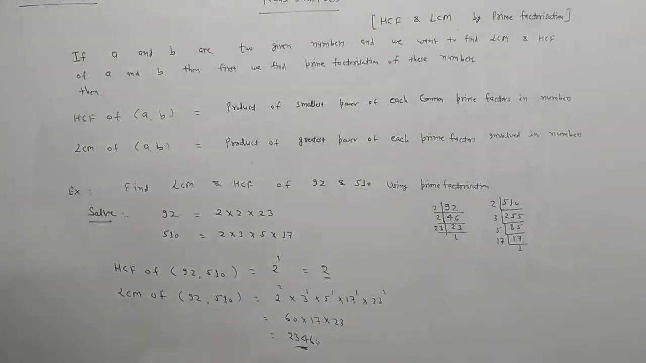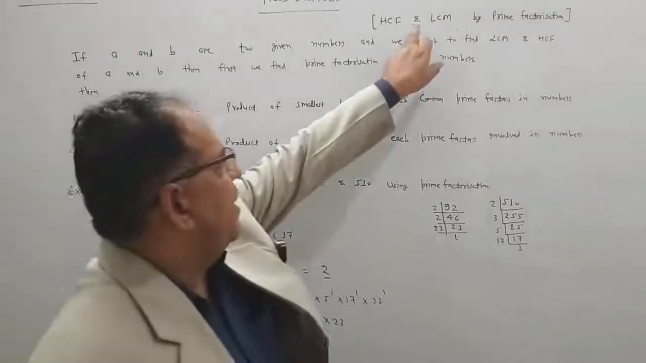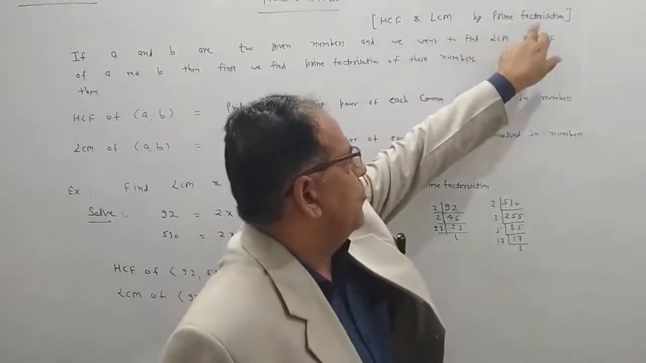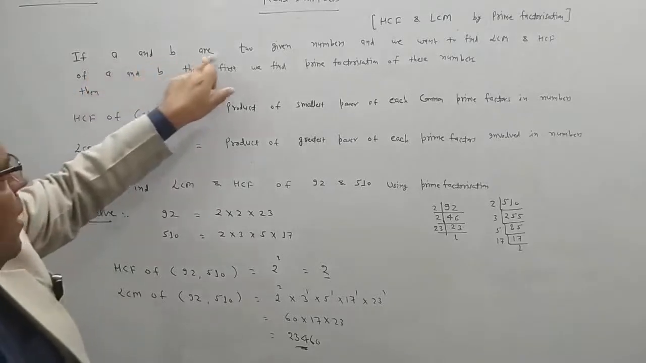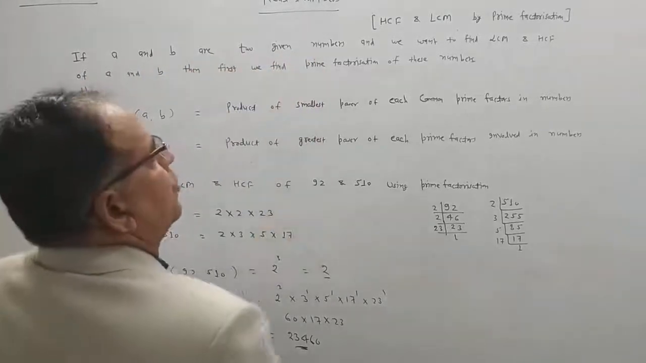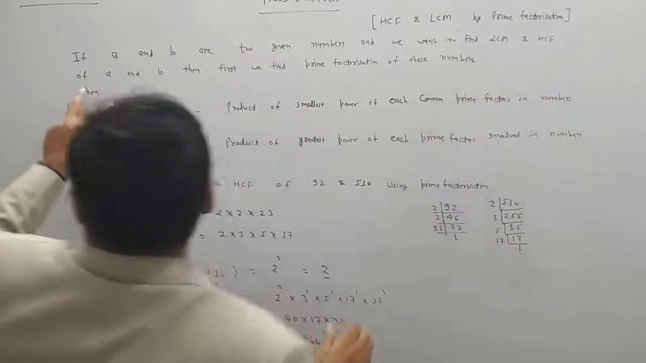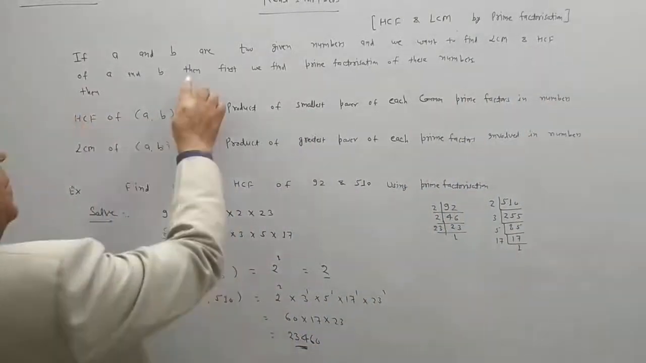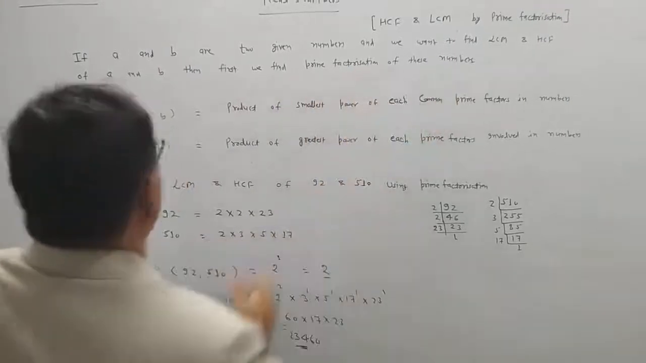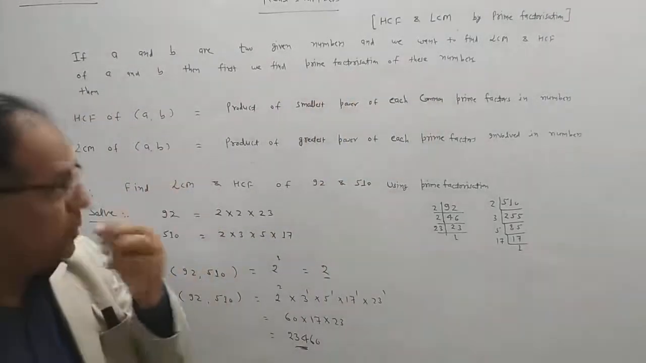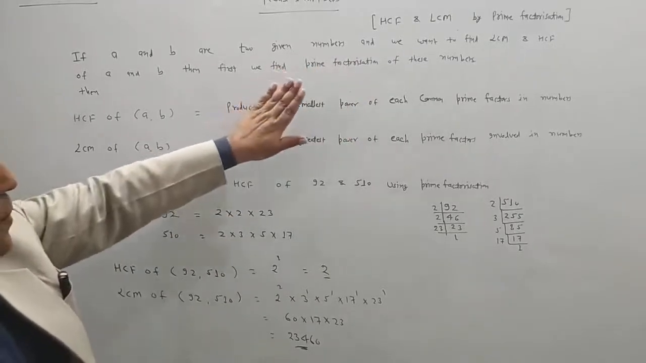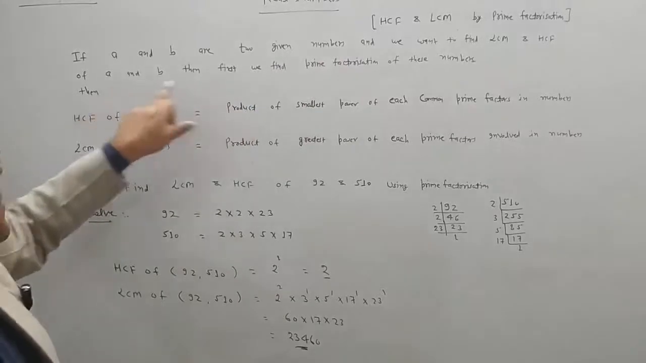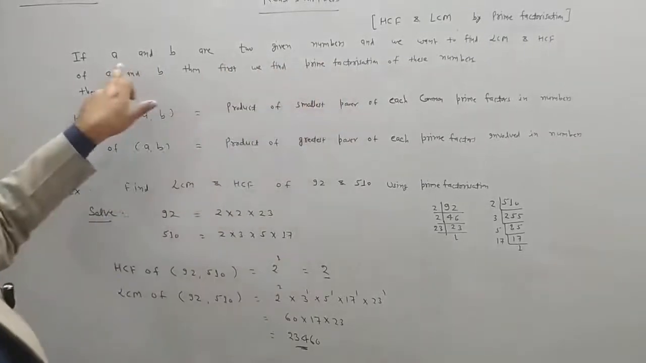Hello students. Now I am taking a new topic based on real numbers: HCF and LCM by prime factorization. If A and B are two given numbers and we want to find the HCF and LCM of A and B, then first we find the prime factorization of these numbers. The algorithm is that we find the prime factorization of the given two numbers A and B